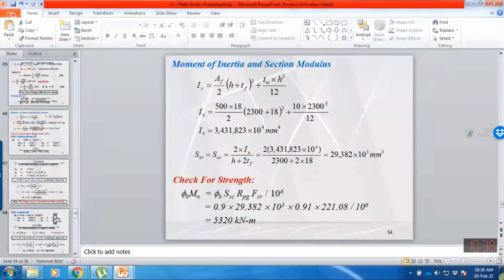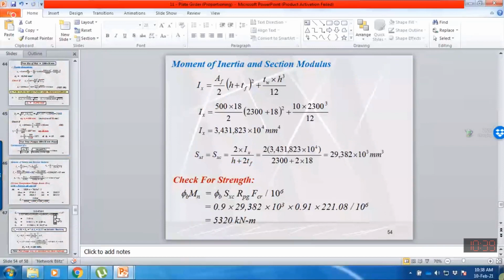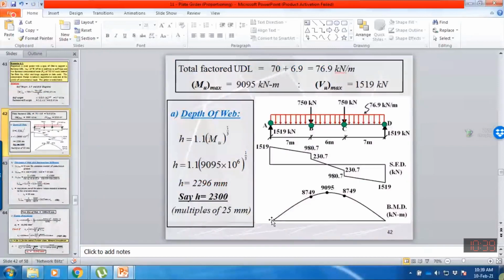in this beam. From the end, the bending moment diagram is increasing from 0 to 1000, 2, 3, 4, 5, 6, 7, 8000, and up to 9095 in the center. So we need to check the location here at the end span, within AB and CD. At what point is the applied bending moment exactly equal to the capacity of the plate girder with half flange area? Or I need to determine the location where the applied bending moment is exactly equal to